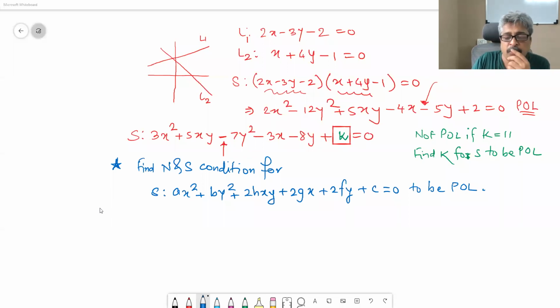Basically what we have to do is to factorize this into two linear factors, and linear factors will have term of x, term of y, and constant, and therefore it becomes complicated. If it was homogeneous, it is easy. So what strategy that we are going to adopt is, we will consider this as quadratic equation. You have two choices: either you consider it as quadratic in x or quadratic in y. So we will begin without loss of generality.